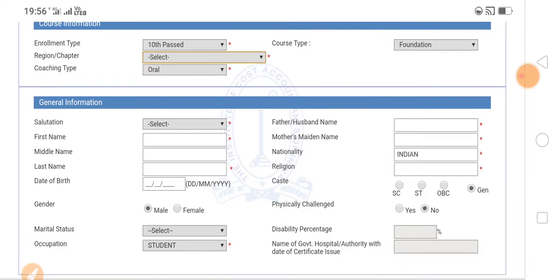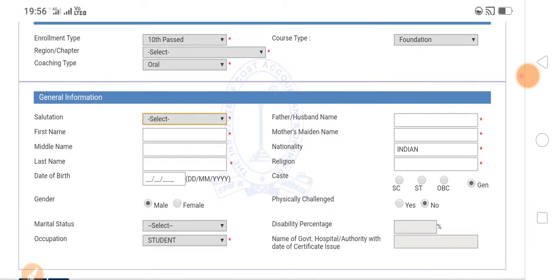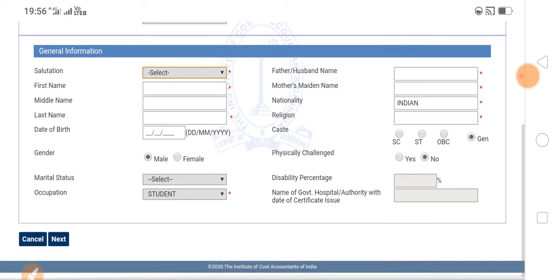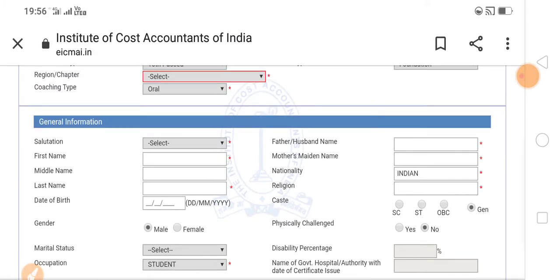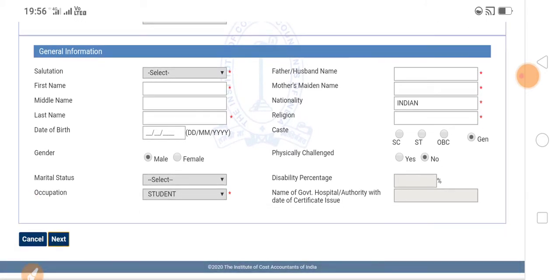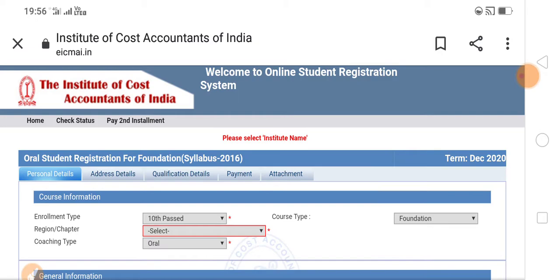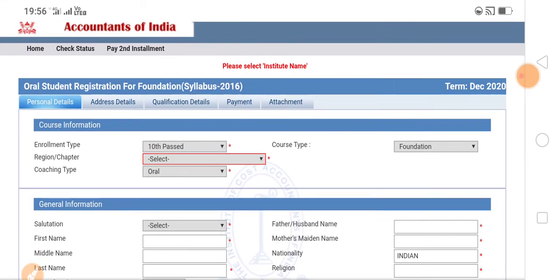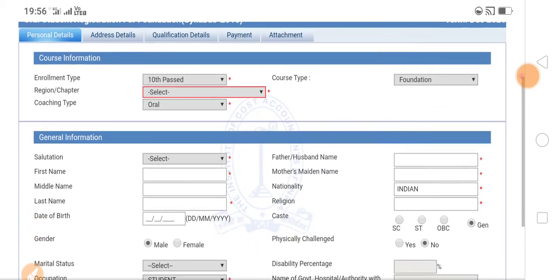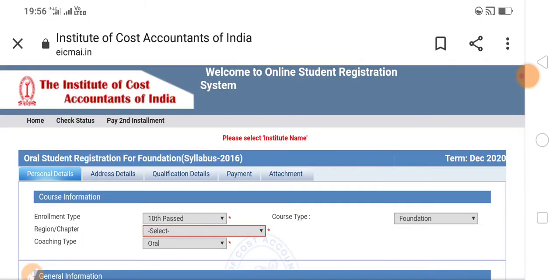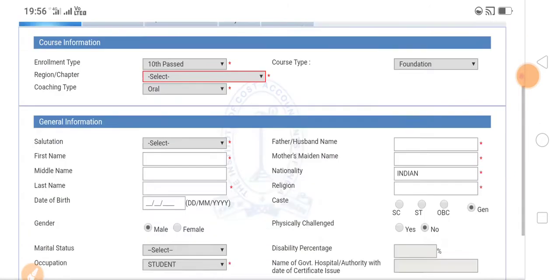General information is very important. Just copy your certificates, that is enough, and click next. Since I did not type anything here, the next tab will not move. The address is also mentioned in your previous 10th class certificates. Apply here with qualification details, payment, and attachments. Attachment means a scanned copy. This is the procedure for foundation.